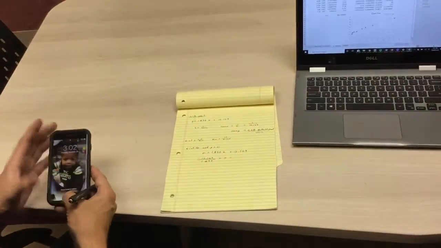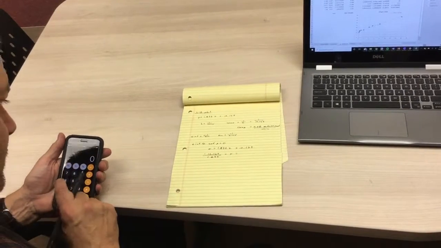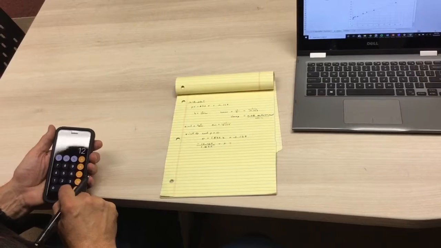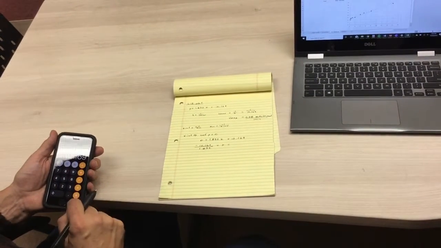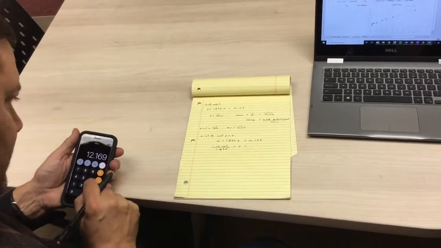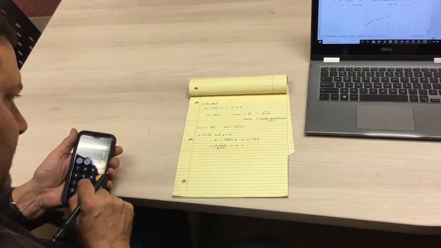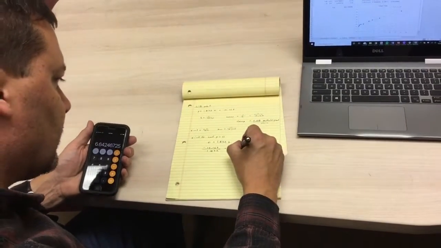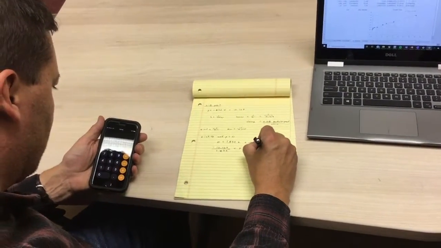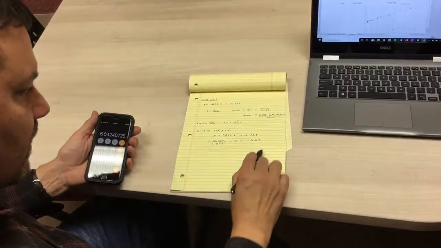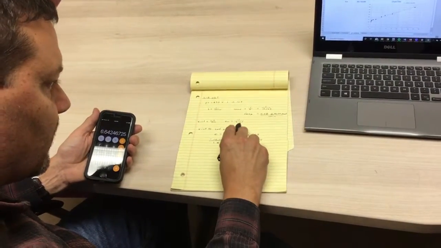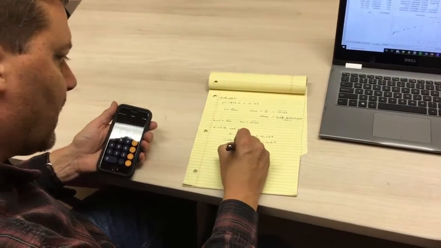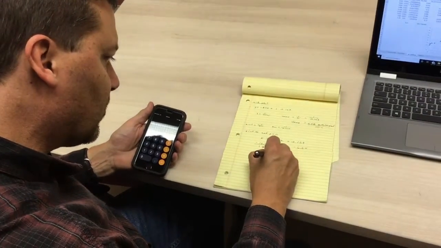So let's see what that value is. 12.169 divided by 1.832. Okay, so that's going to be negative 6.64, the x-intercept, right? Which we have to substitute into there. So the Km is equal to minus 1 over minus 6.64,